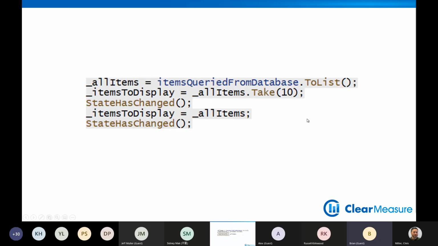All right. We have a list of 10 items. Now, I'm not talking about a grid here. We're showing them in a tiled fashion, so we're actually adding a lot of HTML to it. The grid components that are available out there in the market are fantastic, and they handle this for you. But we're talking about where you are creating tiles, where you maybe have a little image and some different data points to it. And let's say we have 100, okay?